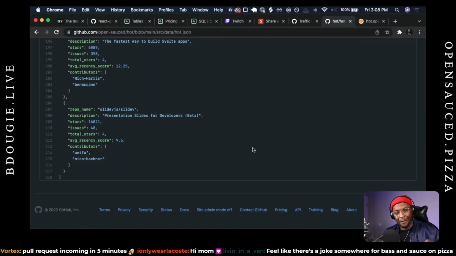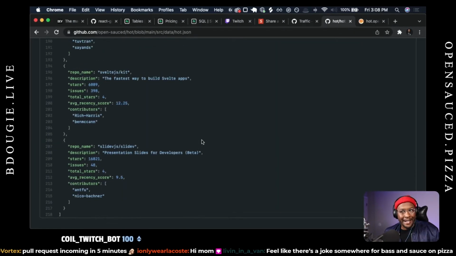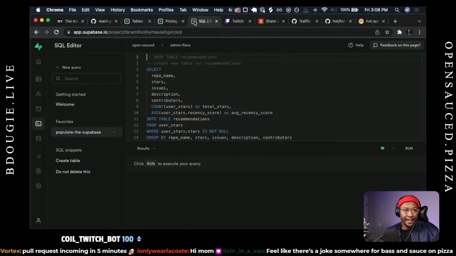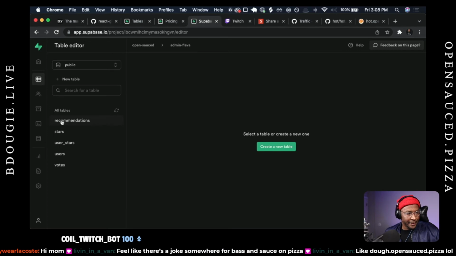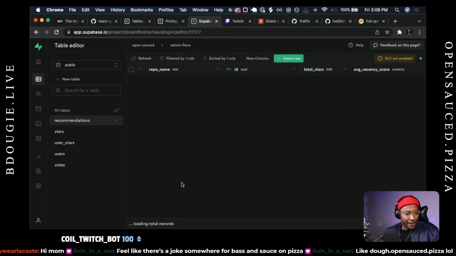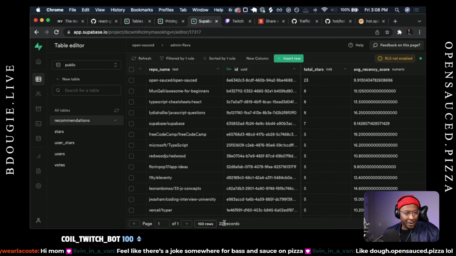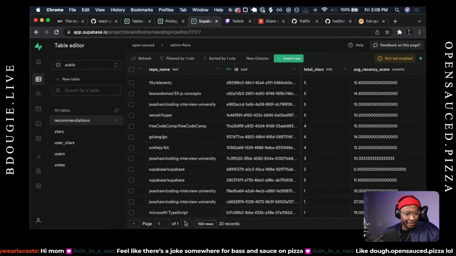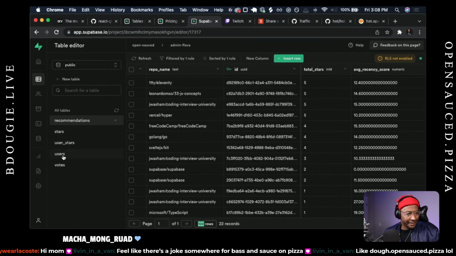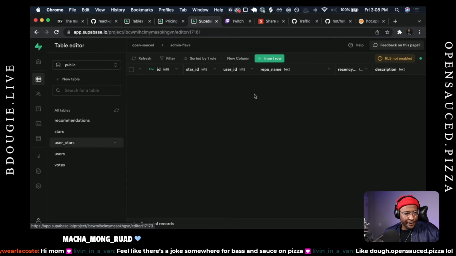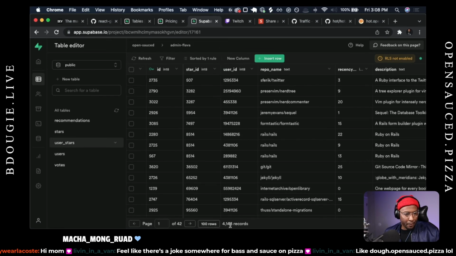And now today, what I'll do later on stream is connect directly to the live data. And that live data looks like this. I'll give you a quick number. We've got our recommended repos, loading records. We have 22 records. That doesn't seem right. Well, it seems like maybe some data has been deleted, but I'll have to look that up. I can actually look up this, and 4,000 records is what we actually realistically have. So I will be working on this today.